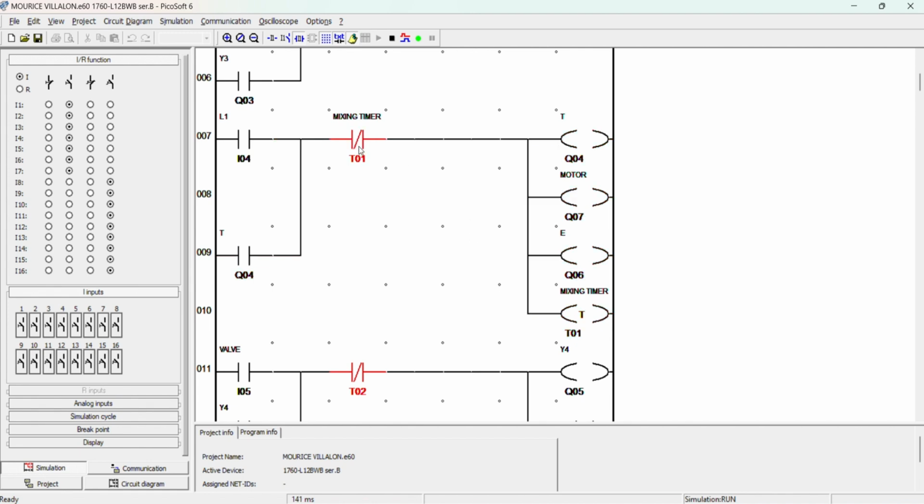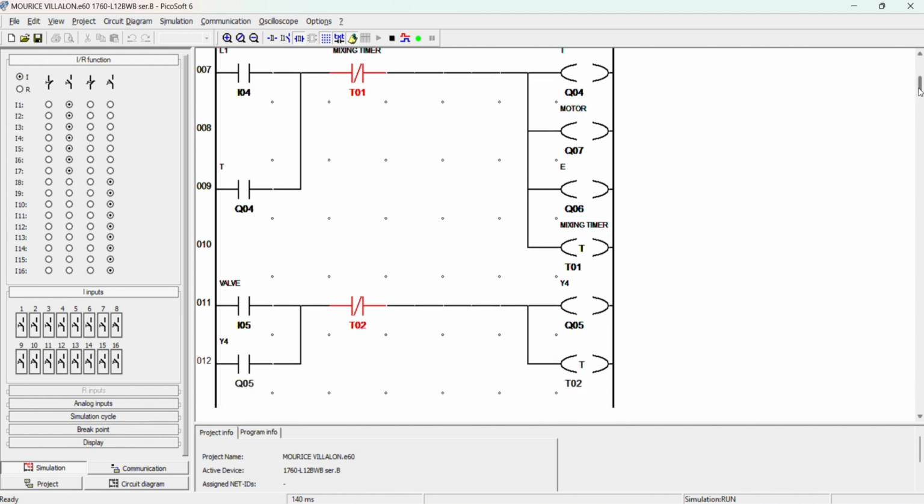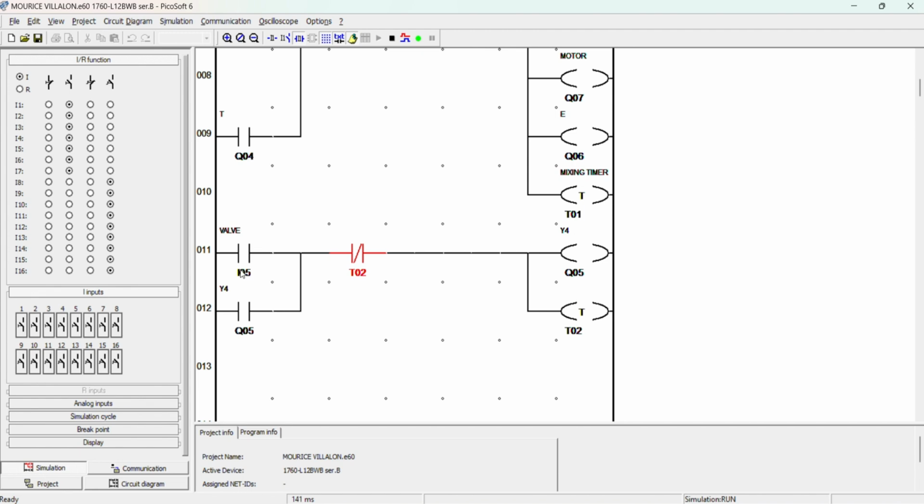The mixing timer will break the supply, and after that we will see the valve, or input 5. This is the timer. I also put a timer here, timer 2, so that it will trigger the supply of the Y4, the valve, to be open, so that all the variety of liquids, after mixing is done, will be released, and another cycle can start again.